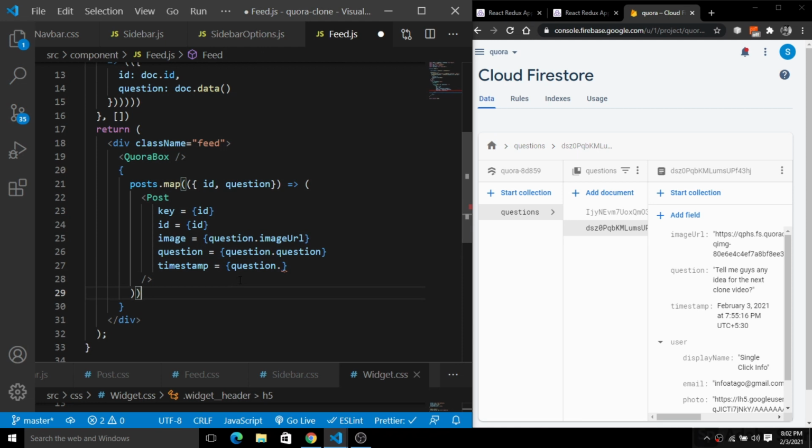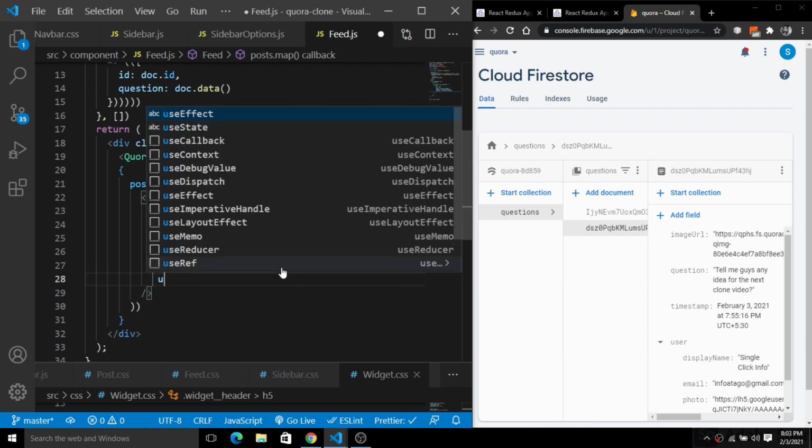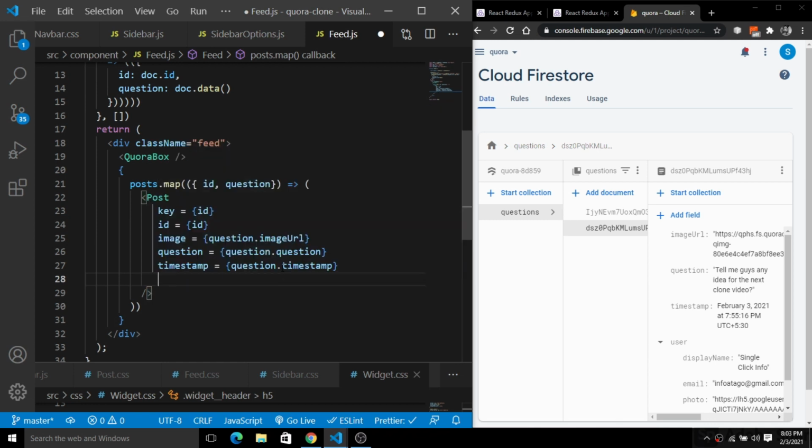We have one or two more ways to do this. So I'm going to simply pass all these things as an object here. Okay, you guys will simply pass these things as an object, or we have another feature for this also. So we have this user. For this user we'll simply add a Quora user, like this. For the user we'll simply pass the user here, just like this, question.user. Okay, so we have these things here.